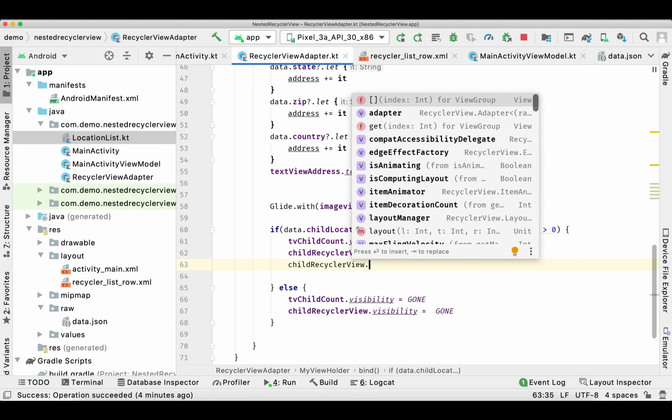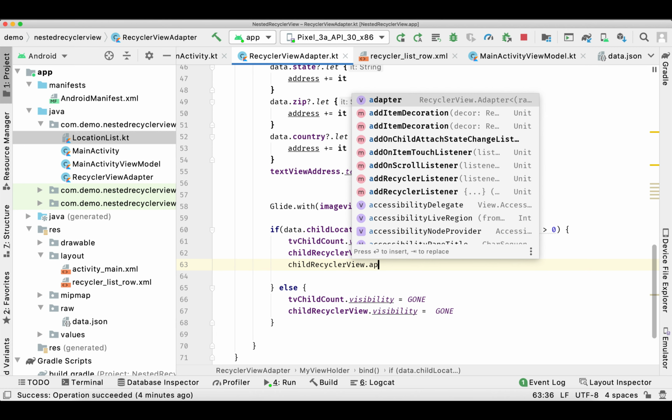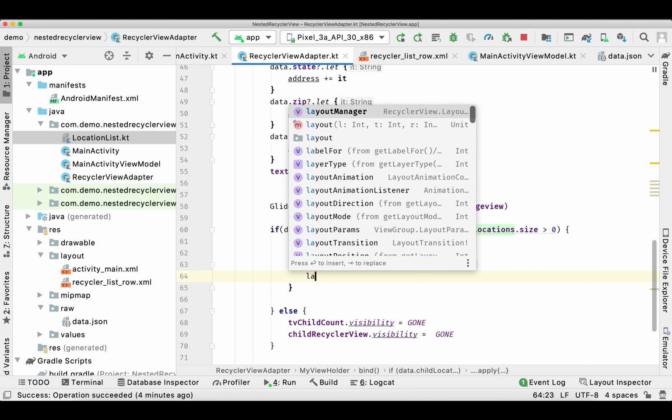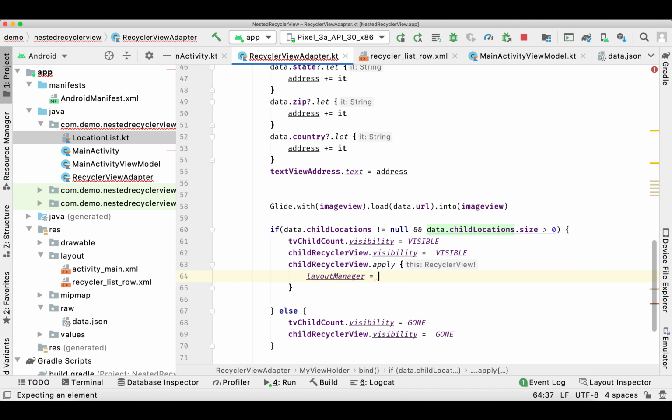Now we'll set the layout manager and separator. Also we'll set the adapter to our child recycler view.